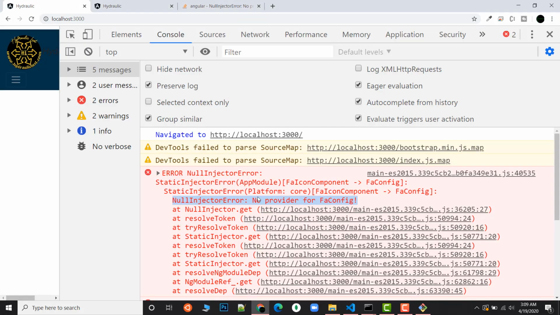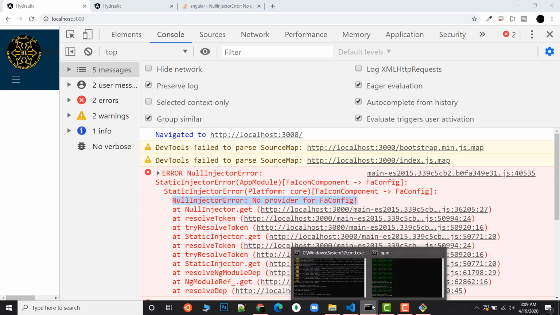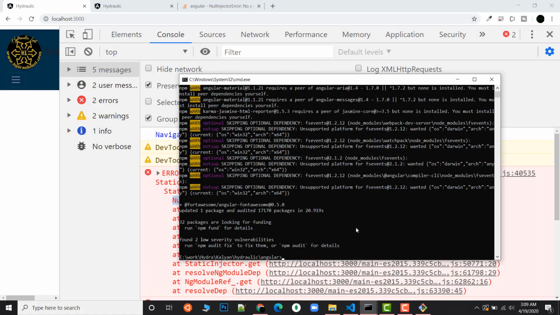By this method, setting the optimization flag to false, you will get to know which package or which component is causing the issue, which is one of the important things, because previously you were not even able to get what the error was. The error was there, but you were not able to get which component, which package is causing the issue.